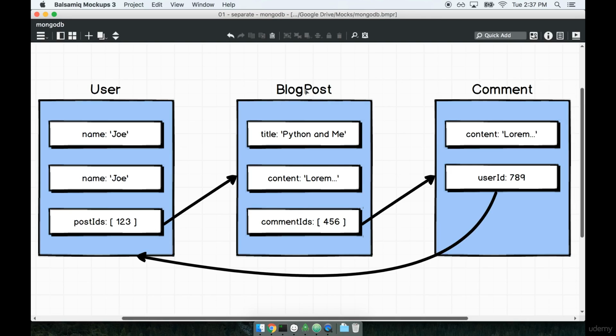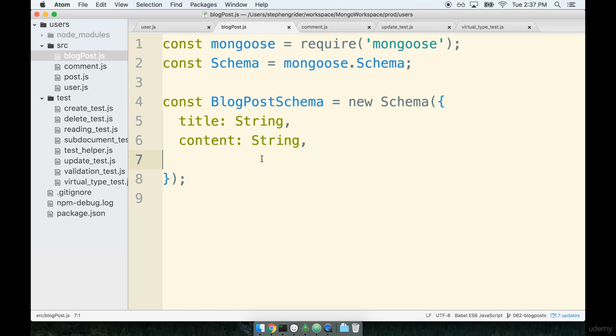In the last section, we started working on our blog post model, and then we took a quick pause and got to the point at which I said that we need to figure out how to reference one type of model from another model. So we've already seen how to tie together documents with a sub-document collection, and we did so inside of our